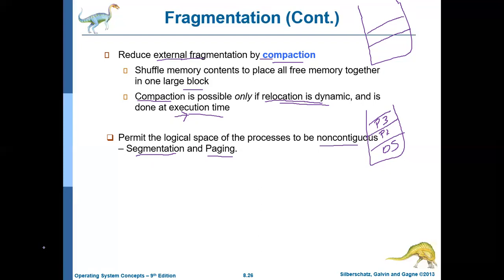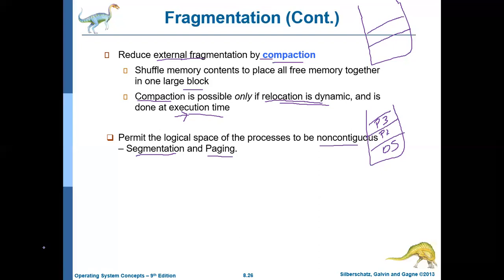Let us stop here. So to have a brief overview, we have discussed what is contiguous memory allocation. We have discussed that the operating system will typically occupy the lower address space, and that is what we are going to assume throughout our discussion. And memory will always be allocated to the process in a contiguous way. And then we have discussed memory protection. Memory protection is achieved through the base register or relocation register and the limit register.